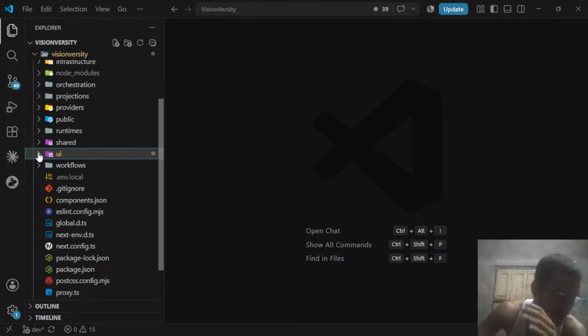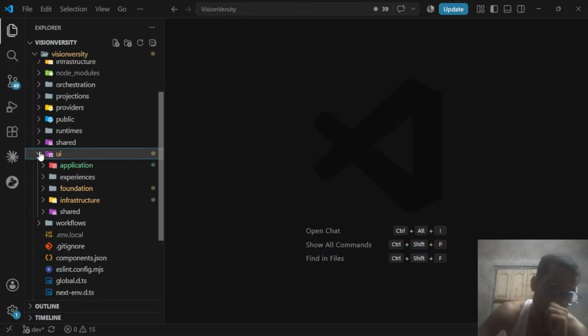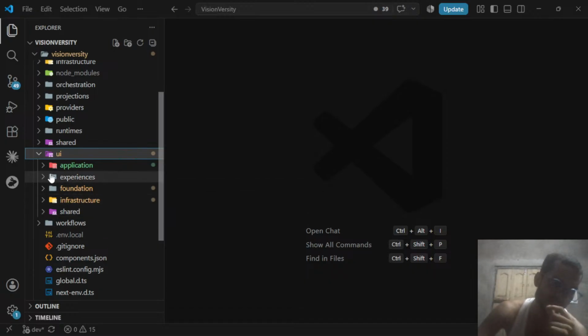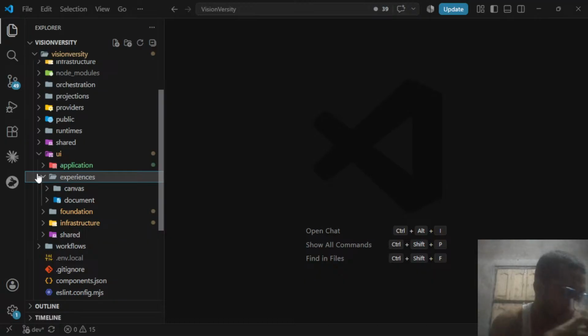Anyways, this is my UI layer, and I'm organizing my UI in 5 segments. One is application experience. In my architecture, I call it experience. The core is users, then team, then project. My product is built around projects. I have already built one called